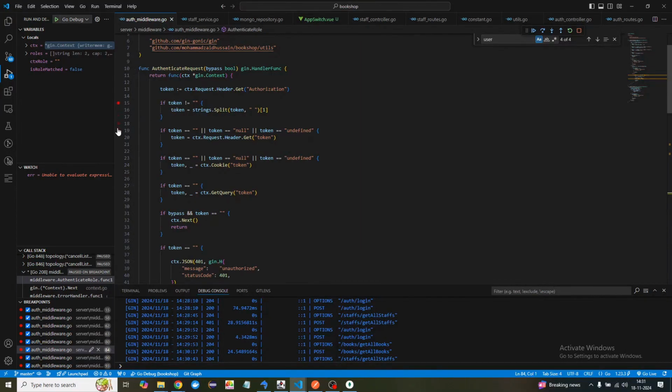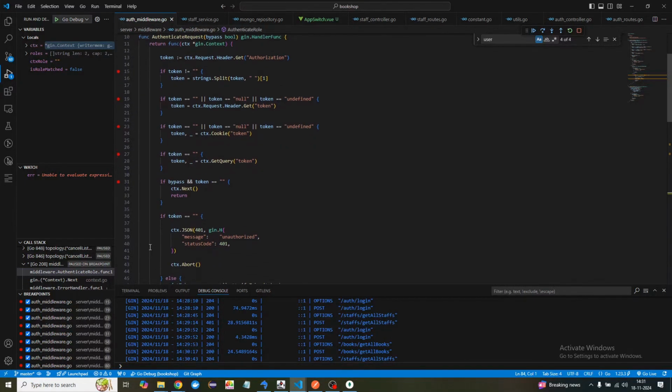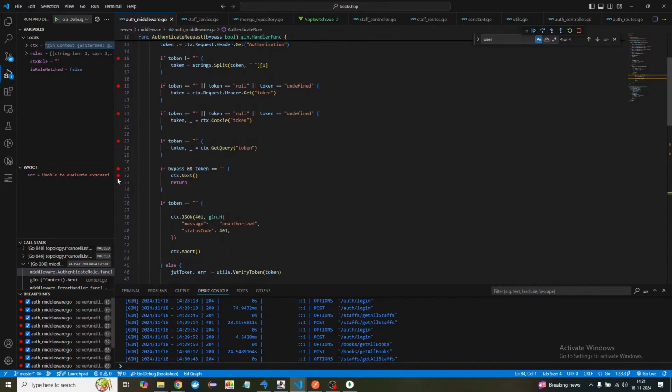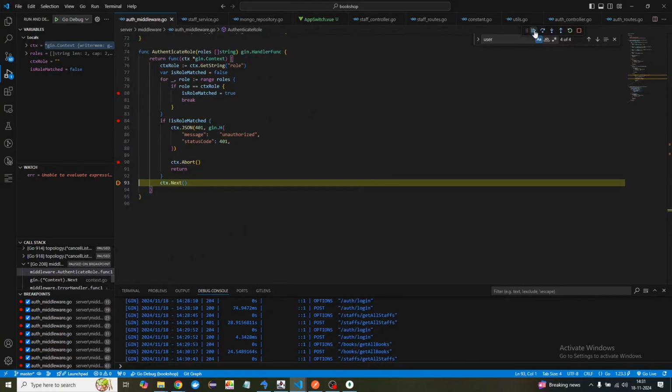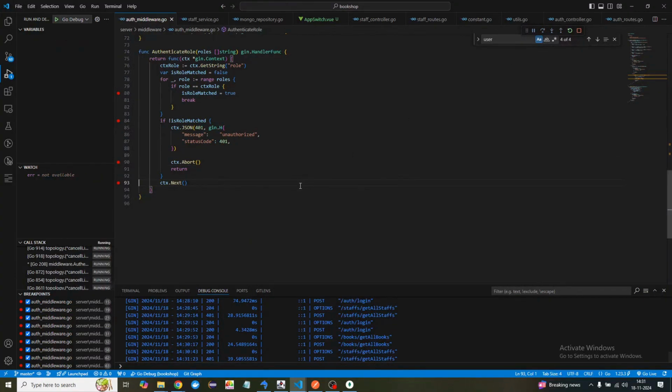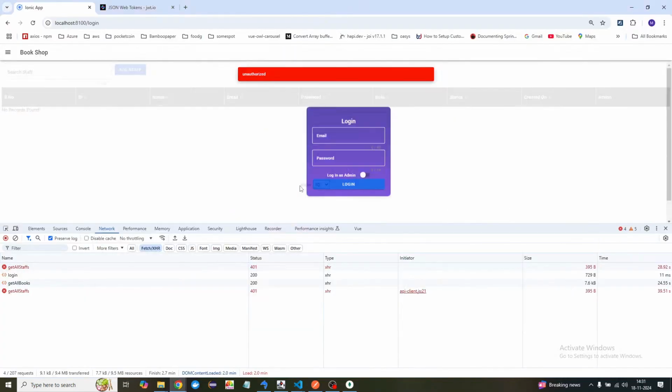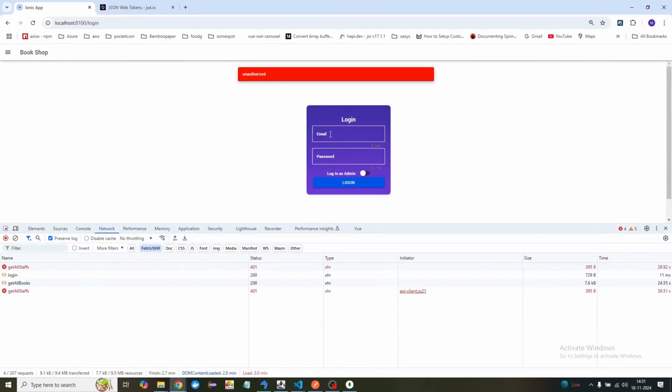Let's put a breakpoint all over there so that we can verify whether the token is getting bypassed, or what is exactly happening over there. So did we make bypass true, or is the token not there? How can we say that? This is actually happening, and then we are getting unauthorized, but then we need to log in once more